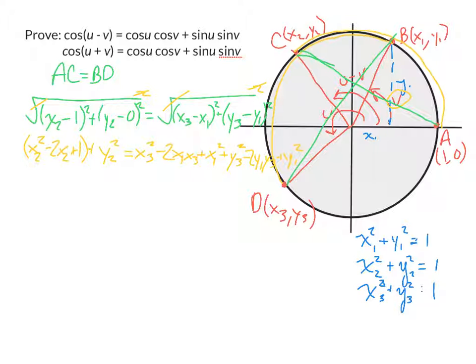Okay, I'm going to group these together to show off a bit of information here. I'm going to group together the x2 and y2s that are squared. And so we have x2 squared plus y2 squared. I'll group those together. We still have our minus 2x2 plus 1 equals, and I'm going to do something similar